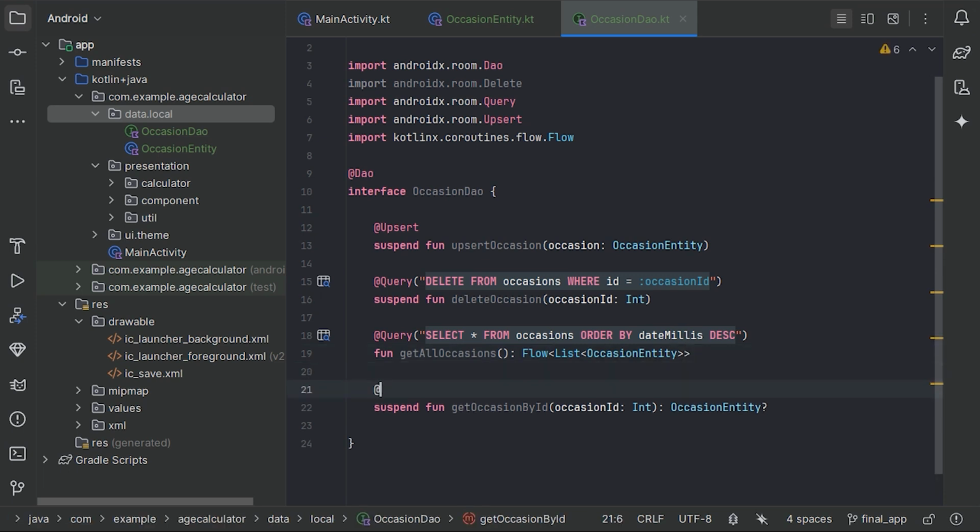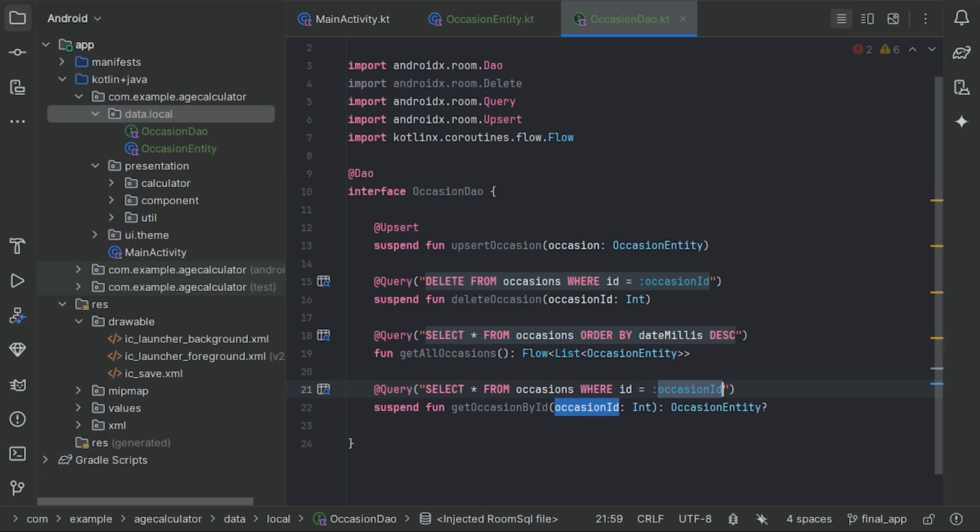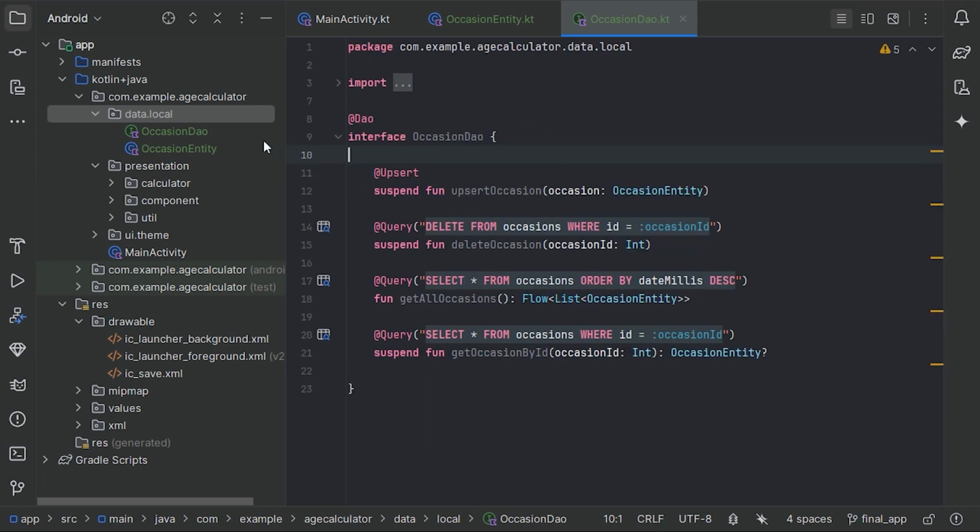Next query will be select everything from occasions where ID matches the occasion ID we will provide. And with the help of these annotations, we have specified what function will perform which operation. Now next we need to define the database class where we can specify what are the entity and DAOs we